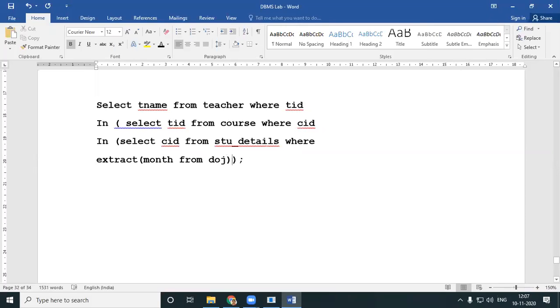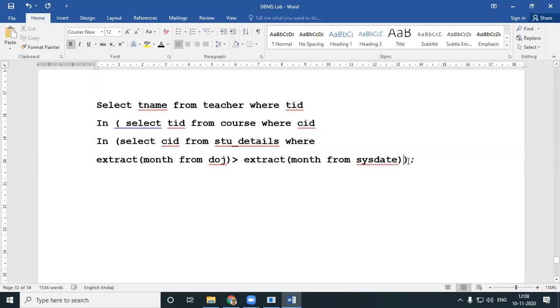It should be greater than, the month over there should be greater than what? The month of the system date. I'll just copy the same thing over here. Not from DOJ, take the system date. So the DOJ month should be greater than the month of the system date.